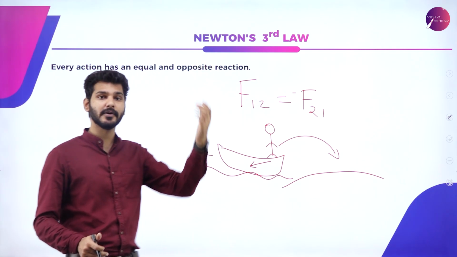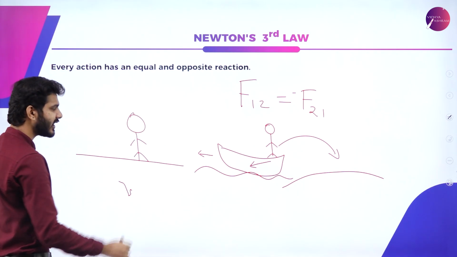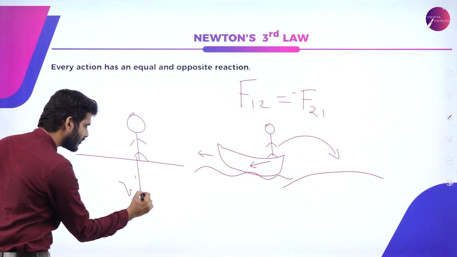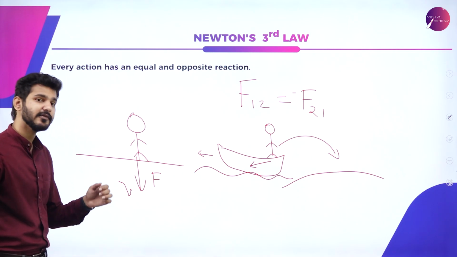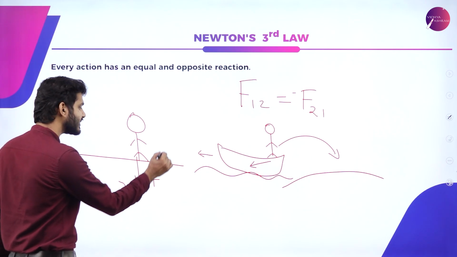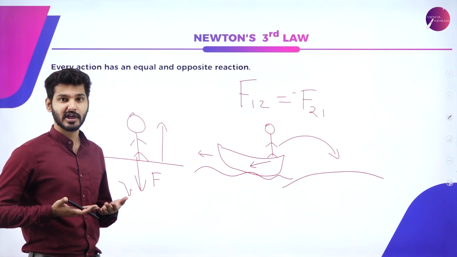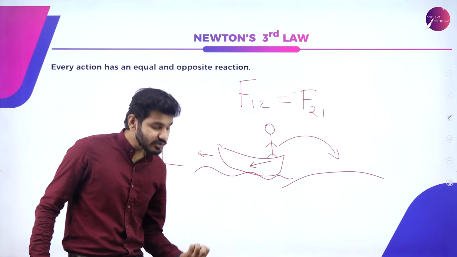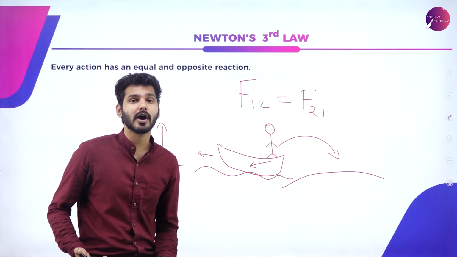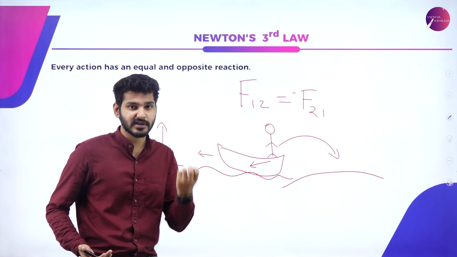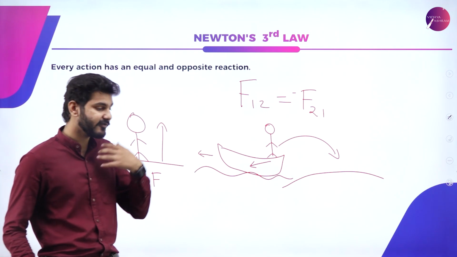If you're standing on the floor and you want to jump up, what happens? You're exerting a force down onto the floor. And when you are exerting a force down onto the floor, the resulting force is also there in the opposite direction. That is why you can stand up, because you know that the earth is pulling you down with its gravity, right? We'll get to that also very soon, but you know that the earth is pulling you down with a particular force, with acceleration due to gravity, but you're not falling. Why? You're not falling onto the earth.